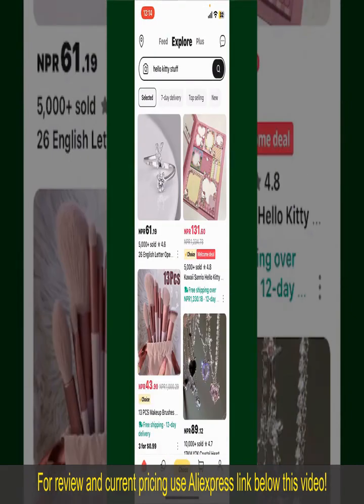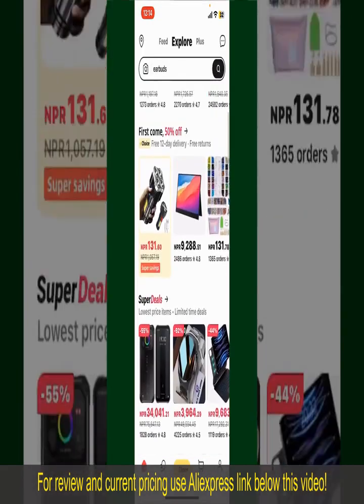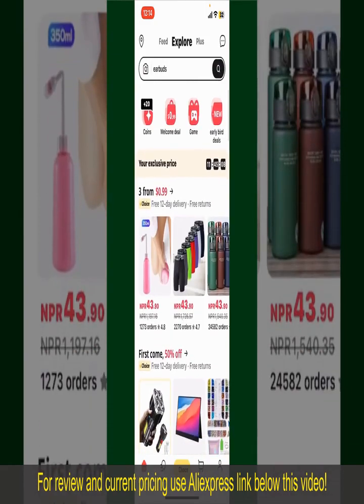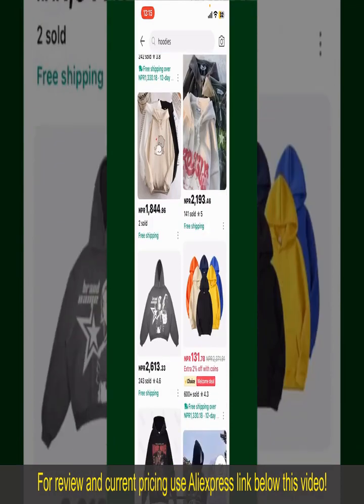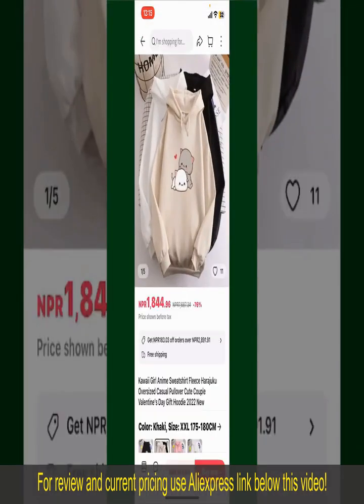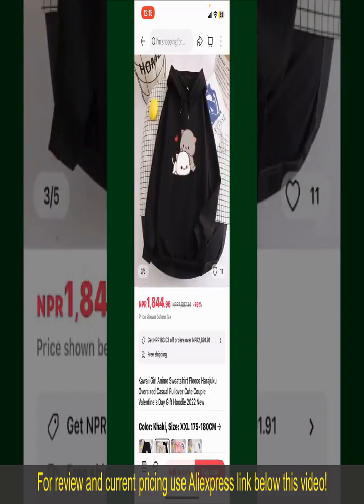From the main homepage of AliExpress, you can search for the product with the help of the search box at the top. You can also browse through the product's categories displayed on the screen. Now, scroll through the product and find the one that you'd like to purchase. Tap on the product to purchase it, and then this will show you other information about the product.